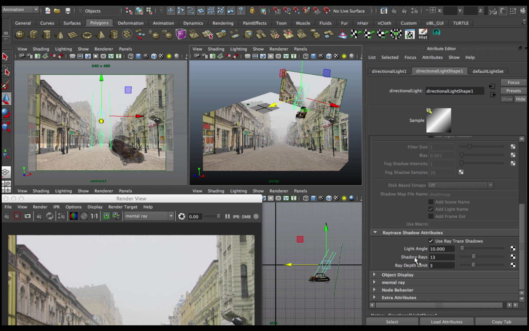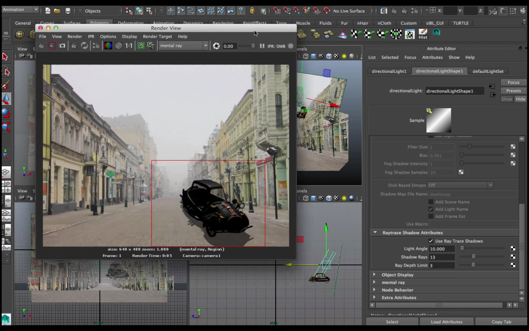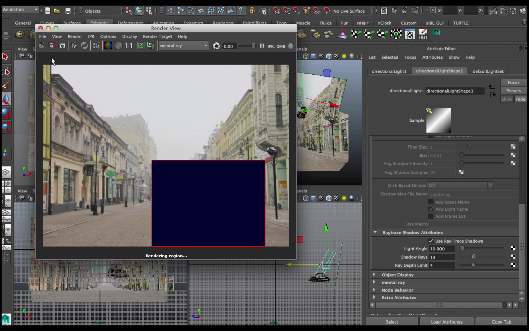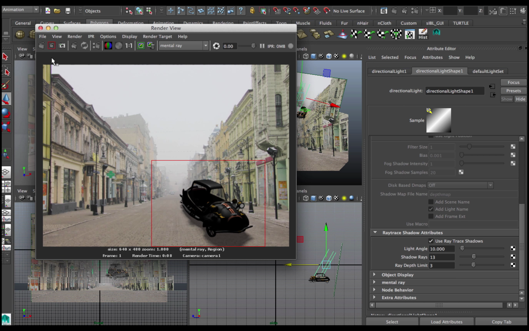If you're curious about what these things do, you can look it up, but that will basically create some softer edges on my shadows for me, all right? And it might be a little bit too much. See, it looks like it's sort of floating,